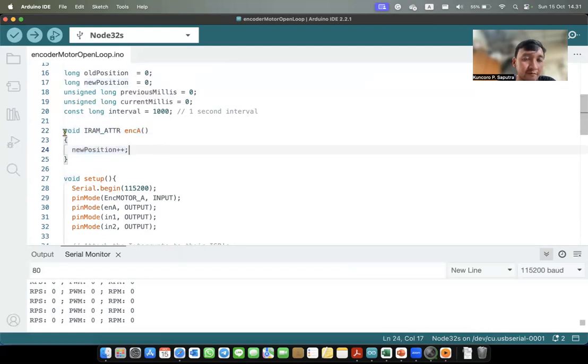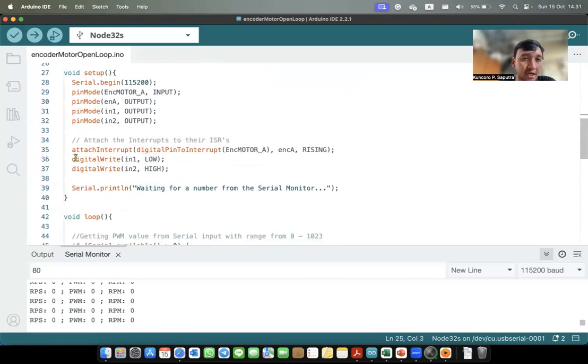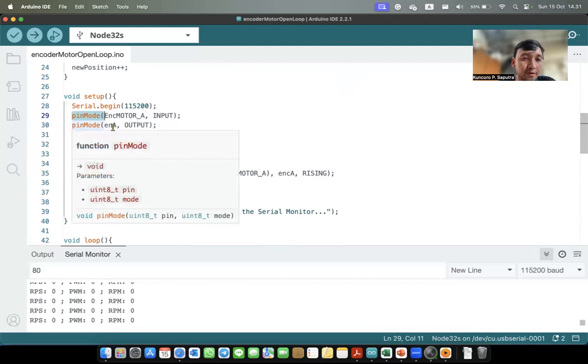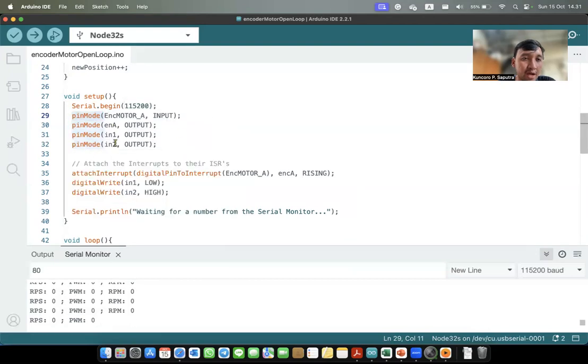This is the interrupt function. When the encoder sends a different value, the ESP32 will call this interrupt function. And in the setup function, we set serial begin, pin mode for ENC motor A as an input, and pin mode for ENA, in 1, and in 2 as outputs.